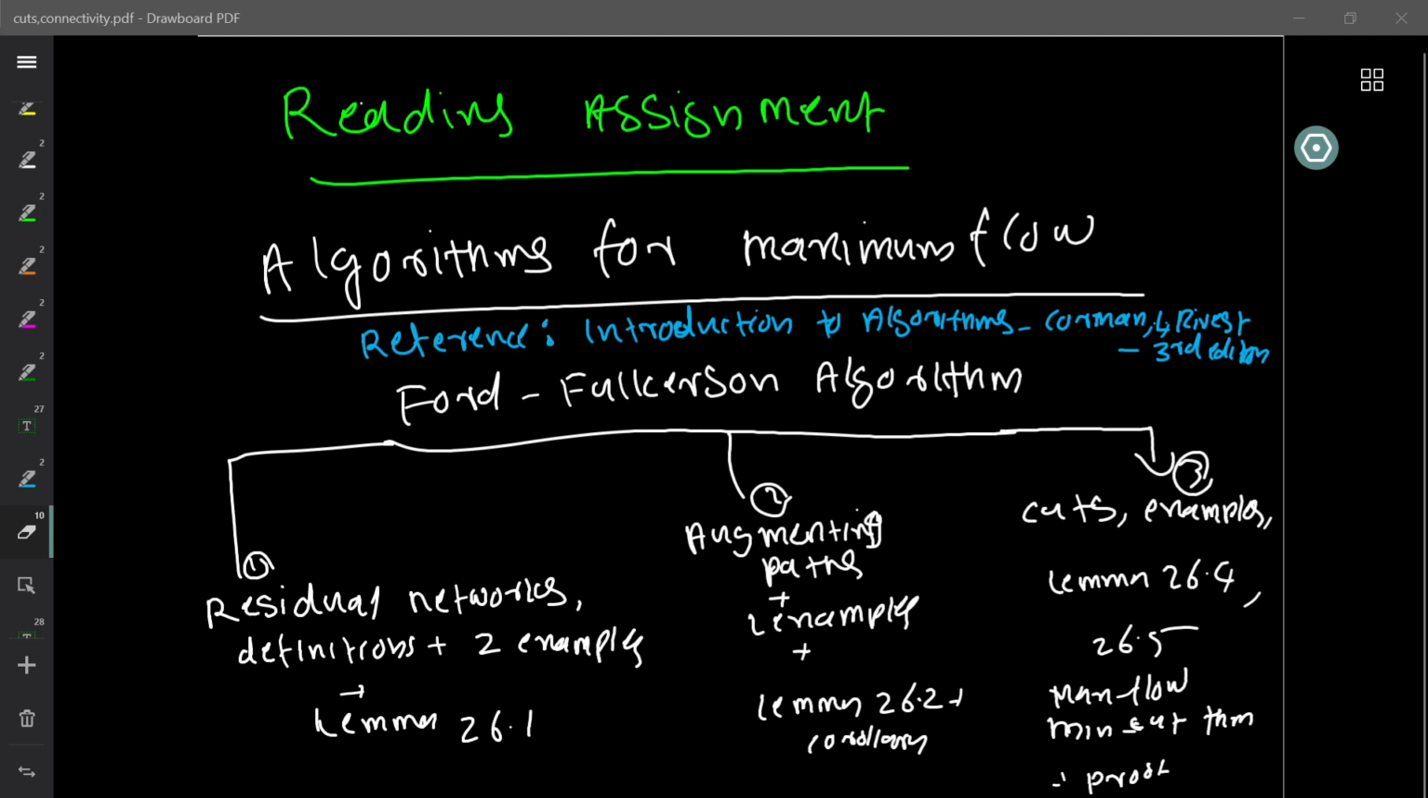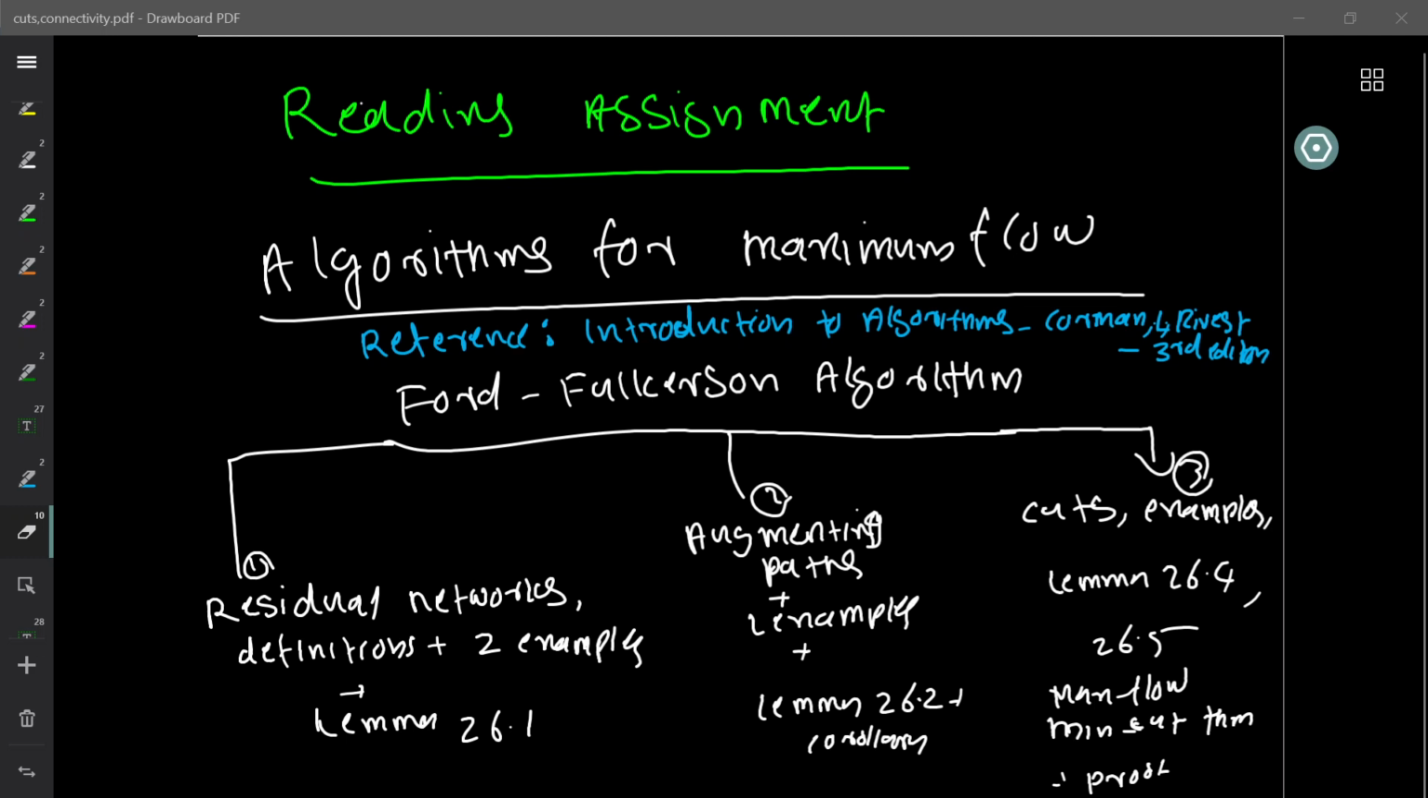Okay, so here are the questions for the reading assignment. Let's say you have the maximum flow problem, like we just stated a few minutes before. Now, I want you to look at the maximum flow algorithms, for example, the classic algorithm of Ford and Fulkerson. And one can basically ask to look at these questions,